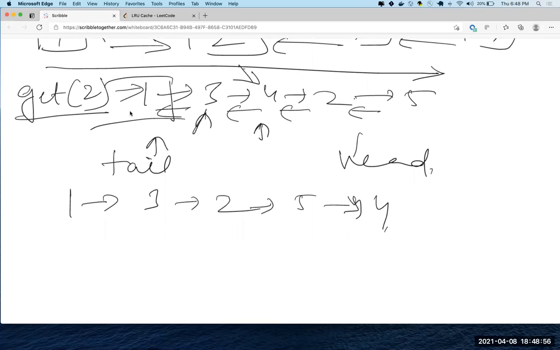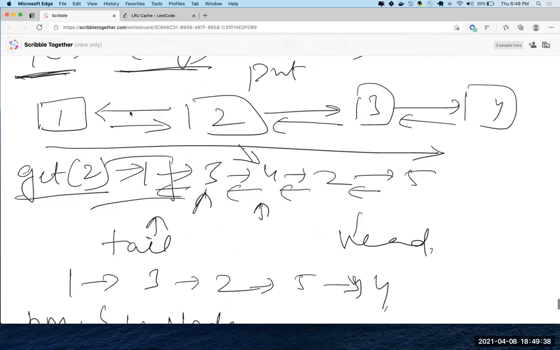Okay, let's say so. But how will you find 4? You'll still have to iterate from the beginning. So yeah, we would need a direct reference to 4 of sorts, which would need another data structure to directly point at it. I guess a hash map keyed off of 4 that points to the linked list node itself in this list here. Yes. What I'm getting at is we need a direct reference to each node in the list, and the ordering of the list determines how fresh to stale, or how least to most recently used, they are.